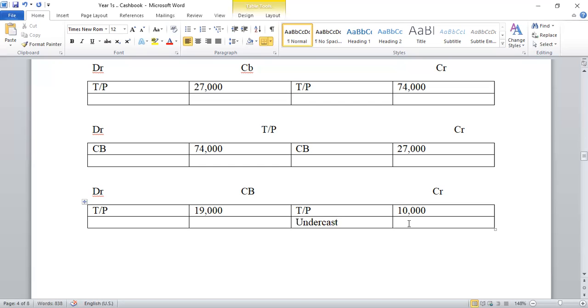Okay, this will be 9,000. By doing this, I've reinstated the credit side to where it's supposed to be. So that's how you really correct the errors of undercast and overcast. I beg to continue from there, and